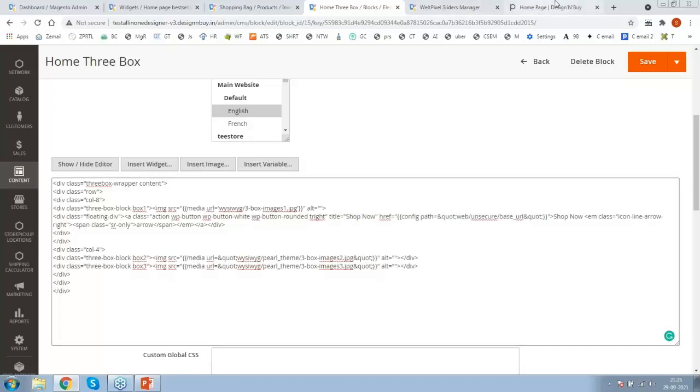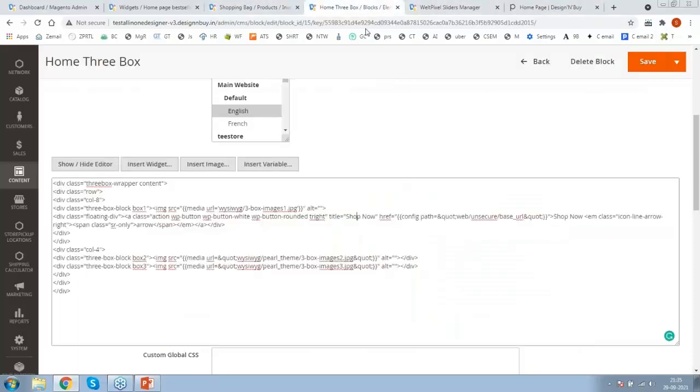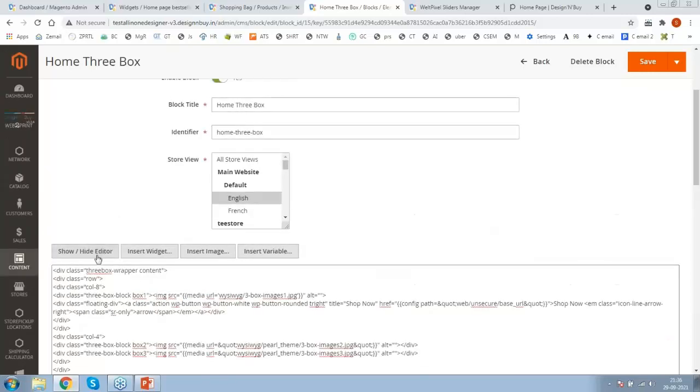Also, another 2 banners, 2 images, we can change from here. So again, this is the media URL. With the help of the HTML editor, you can change these 2 images as well. Again, insert widget, insert image, insert variables, we can manage this content as well. So we have seen so far